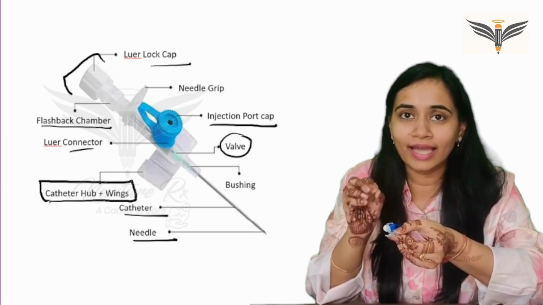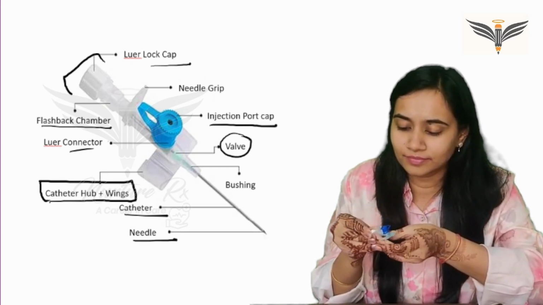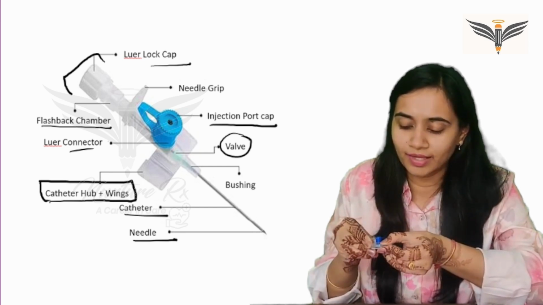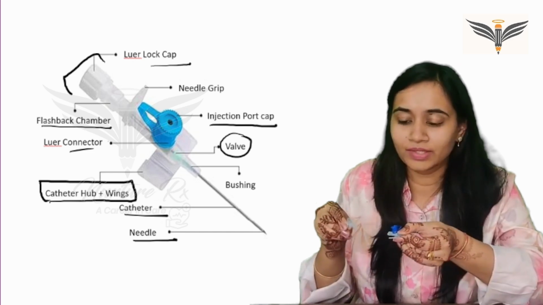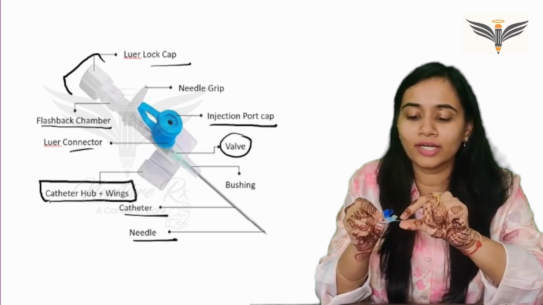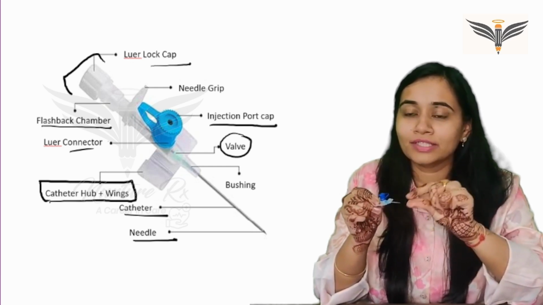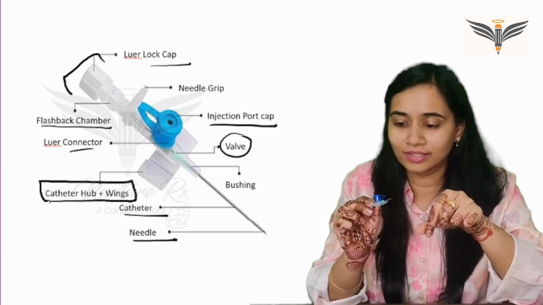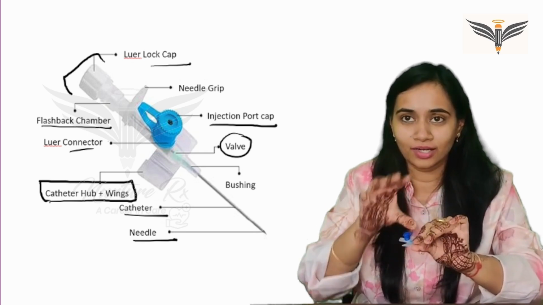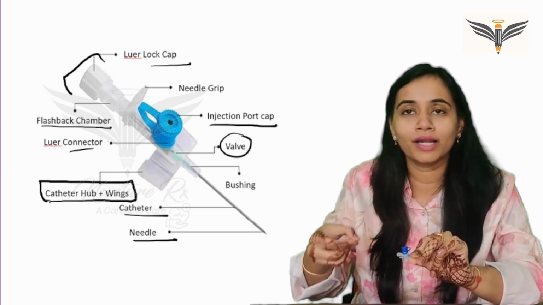So once it has entered the vein, you remove the needle. This way your needle will be removed and what remains inside is your cannula. Now, can you see this is completely flexible? When you've seen a cannula being inserted, the moment that needle is removed, we press this cannula along with your skin. We press this cannula so that the vein is occluded and no blood comes outside.